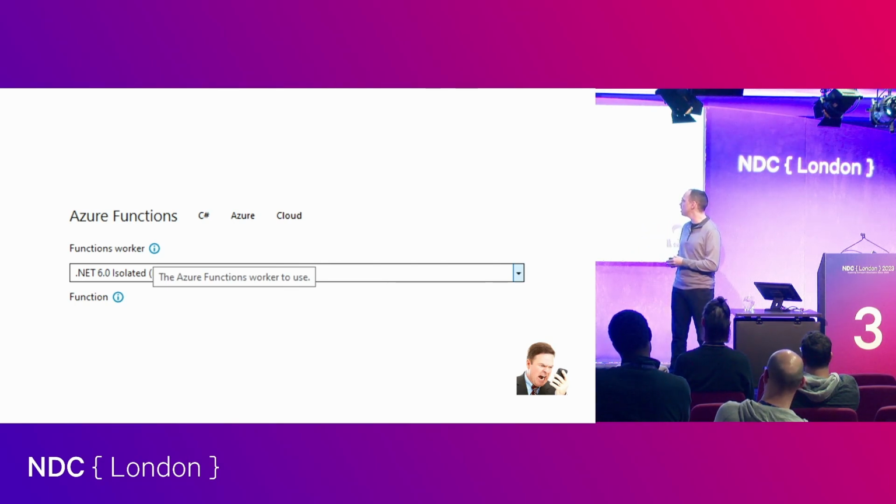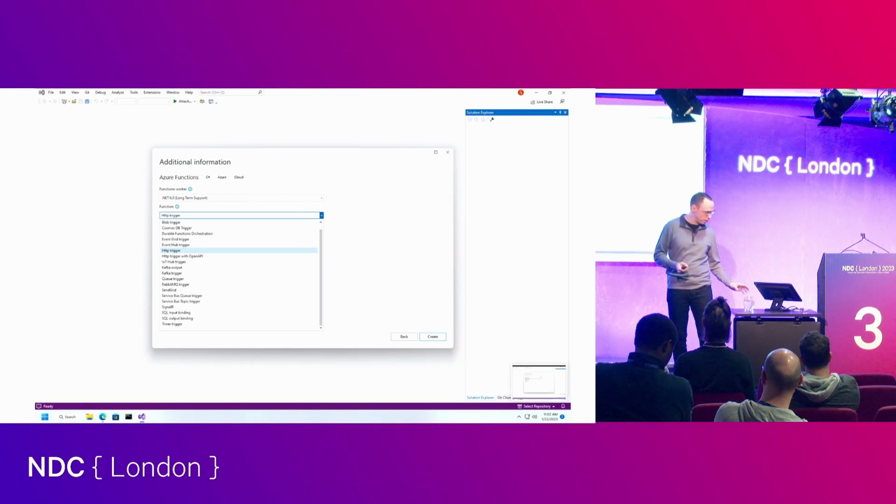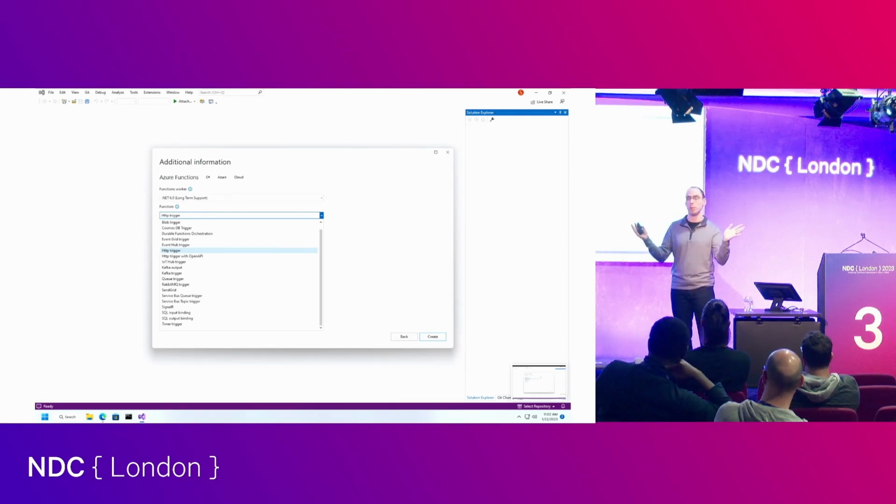And of course you hover over expecting a little tooltip. And you know some product manager was like, I know exactly what this tooltip's going to say. It's going to say the Azure Functions worker to use and people are going to understand. I know what those are, but I tried to approach this as if I didn't. So I just thought that was kind of funny. A little bit of a friction point, tiny bit, really not big in the long run. But then you get a huge amount of triggers, triggering off a service bus, off of some kind of storage queue, HTTP, you name it. There's a huge amount of different triggering options in all of the platforms.